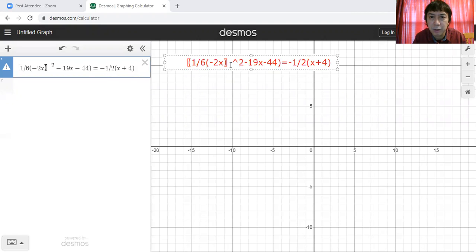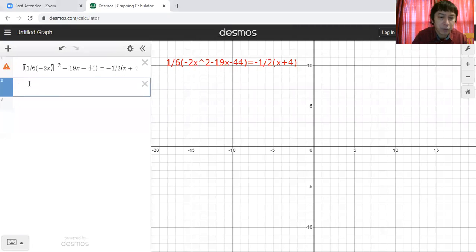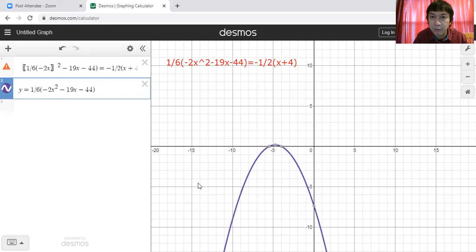here's the working equation. A little adjustment on those parentheses there. And so this is the required equation to be solved. You can see only one variable, that's x. So we're solving for x only. All right, so we do this by graphing solution, graphical. So y is equal to the left side. There, and here's your graph.